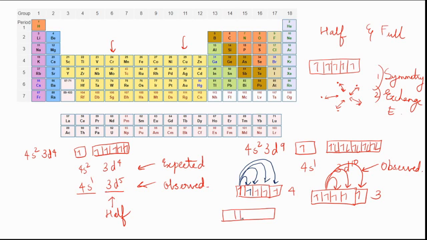Similarly, there will be two possibilities for the third electron. So this is the third electron. It can exchange with the fourth and the fifth. And the fourth electron can have one exchange with the last electron. So there are two possibilities here and one possibility. So in total, 4 plus 3, 7, 7 plus 2, 9, 9 plus 1, 10. So there are the maximum number of exchanges happening in a half-filled and even more in a full-filled. So this is the reason why half-filled and full-filled electron configurations are more stable.